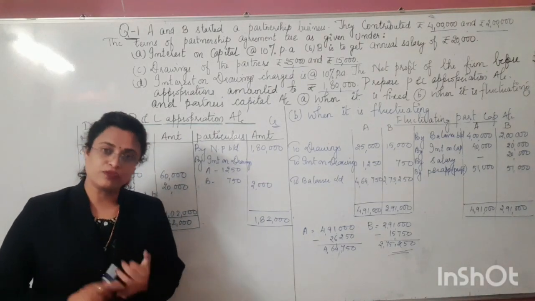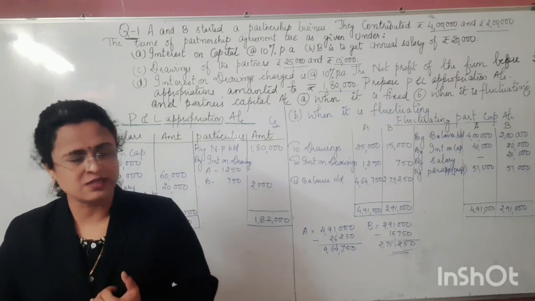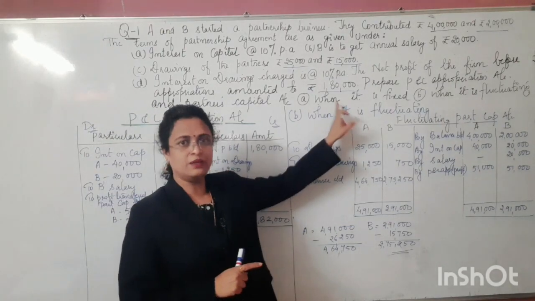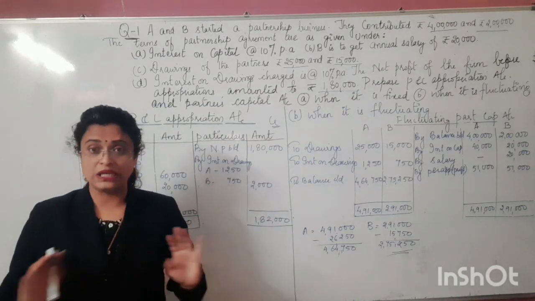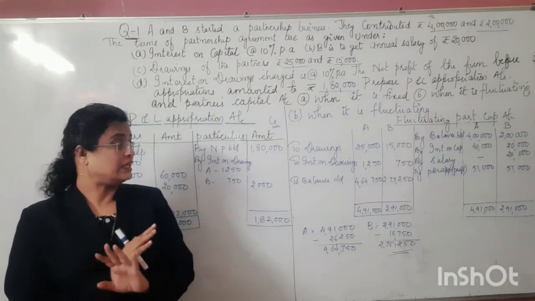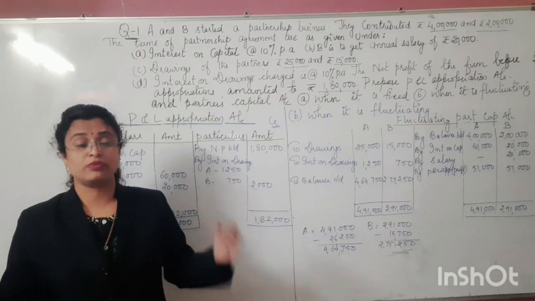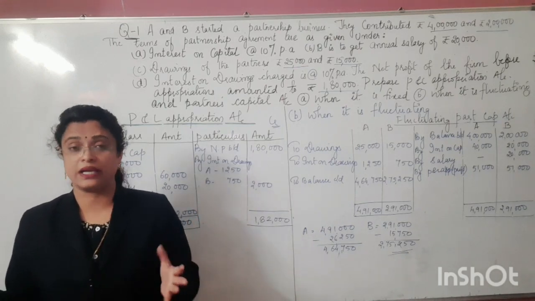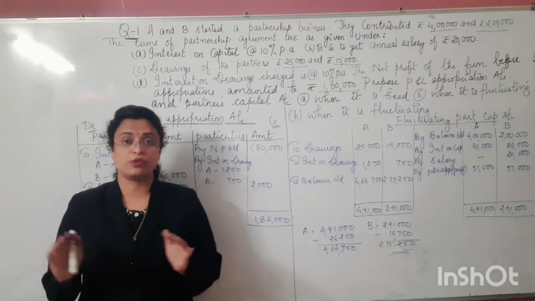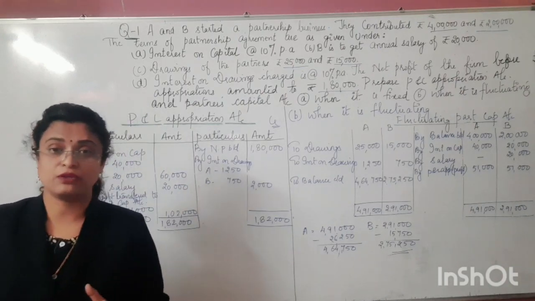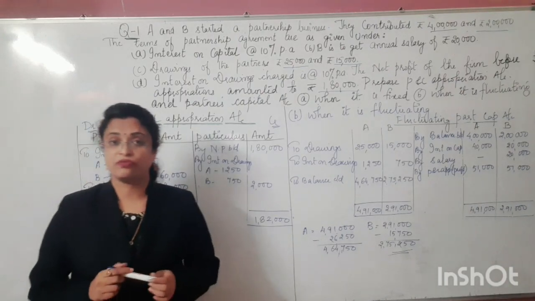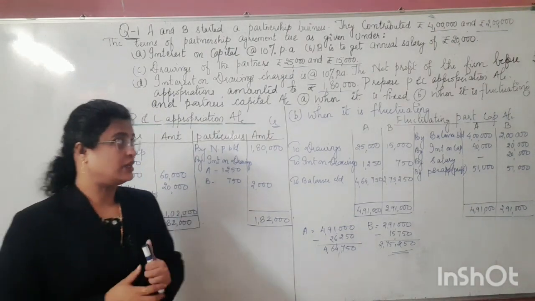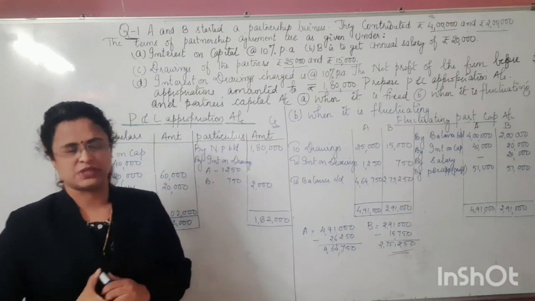Okay, if the question gives you current account, debit balances, credit balances, then go for the preparation of the partners' capital account with the first method. And if the question gives no information regarding the method you are supposed to adopt for the preparation of the partners' capital account, remember, whether it's admission, retirement, or the fundamentals of partnership, in the absence of any information, you are supposed to prepare the partners' capital account. That's what we call a fluctuating partners' capital account.